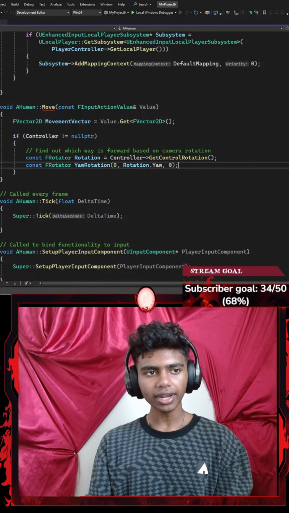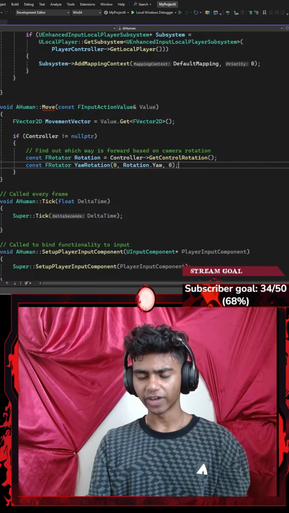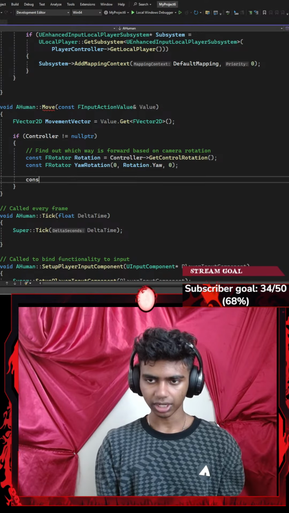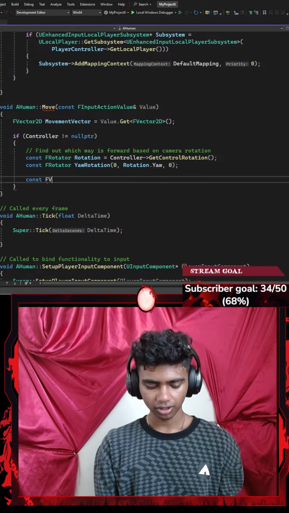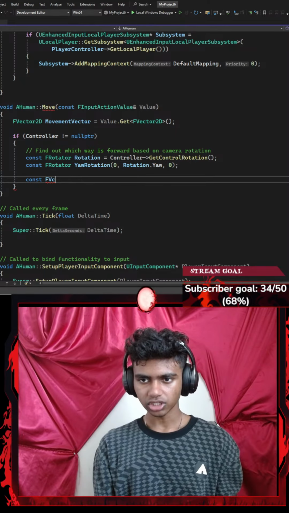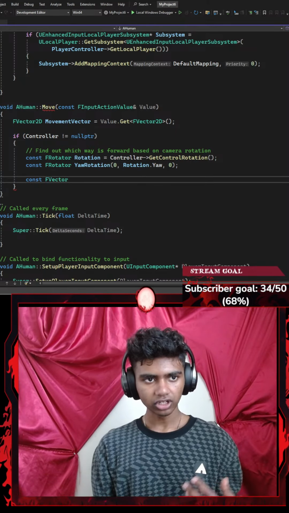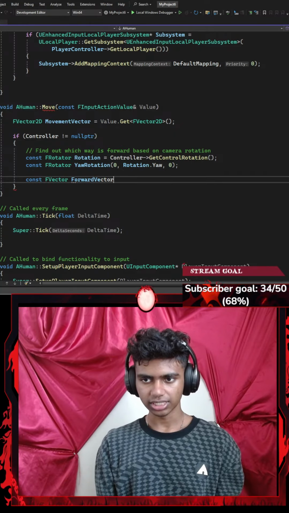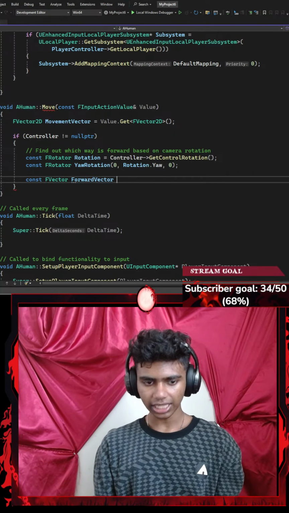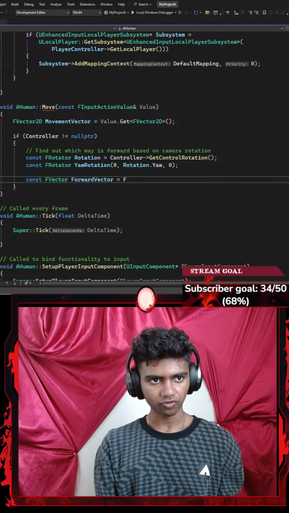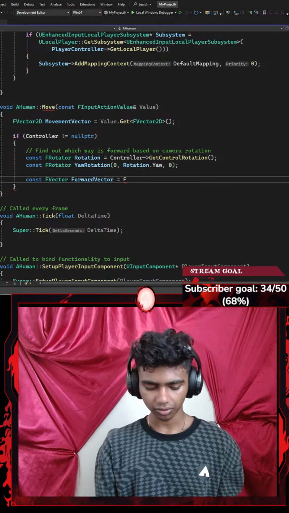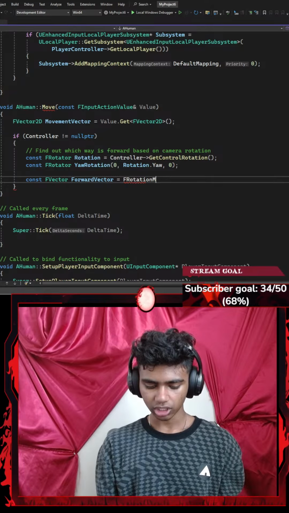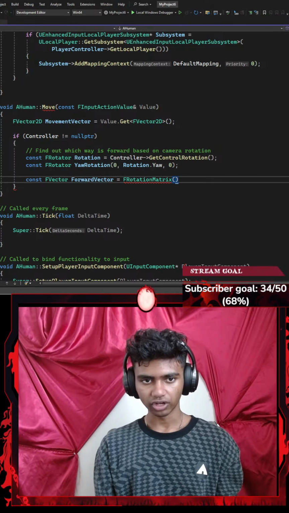Okay, and then I go ahead and create another const FVector. Let's go with FVector, which is going to be represented by a ForwardVector local variable that is going to be equal to my FRotationMatrix, which requires